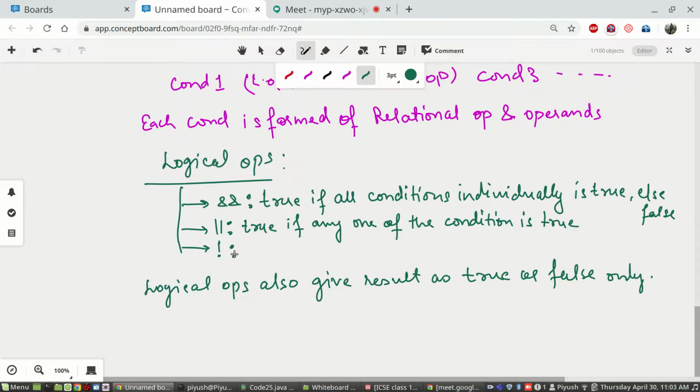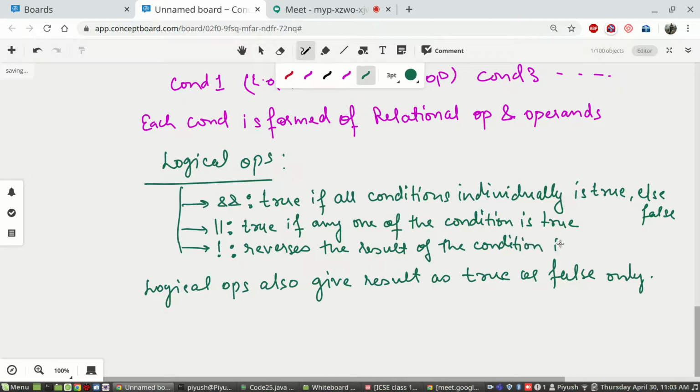This one, logical NOT, reverses the result of the condition.